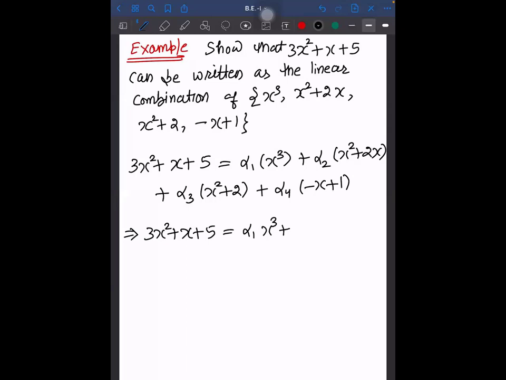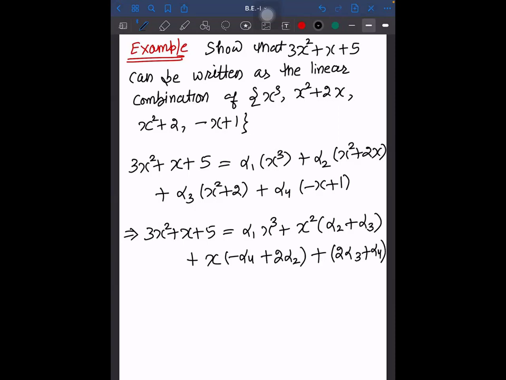Alpha 2, and here you have alpha 3. Okay, so this is alpha 3. Now try to collect the coefficients of x. So for x you have only minus alpha 4 over there. Okay, so plus x minus alpha 4. Now at last, sorry, we have one more coefficient over here as well. So that will be 2 alpha 2. And at last we have the constant term. So that should be equal to 2 alpha 3 plus alpha 4, right? So 2 alpha 3 plus alpha 4.